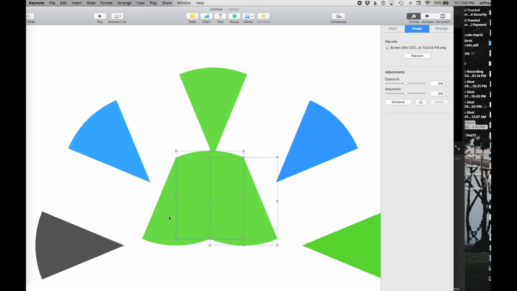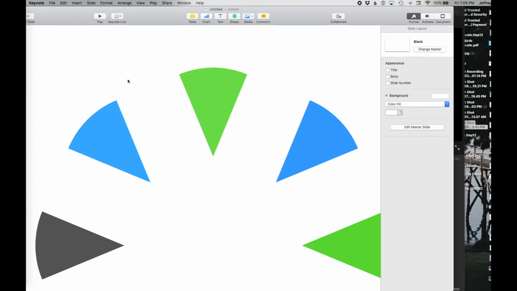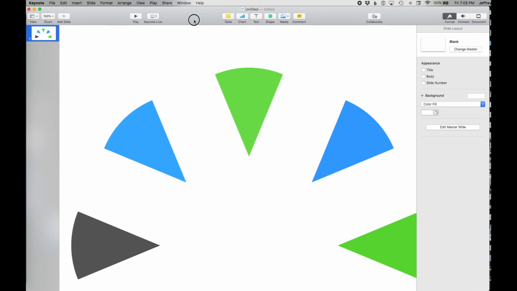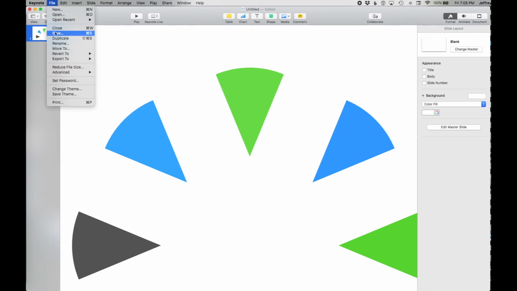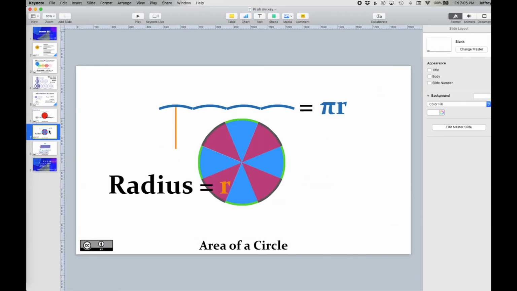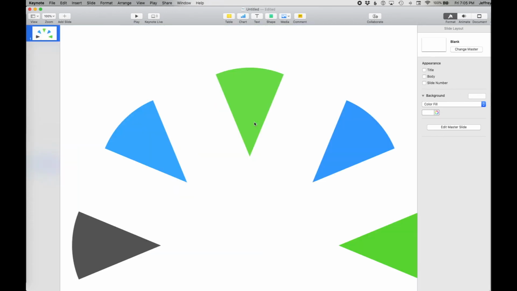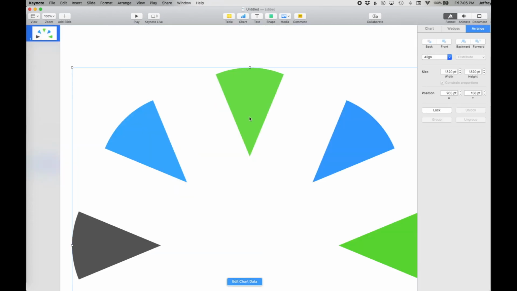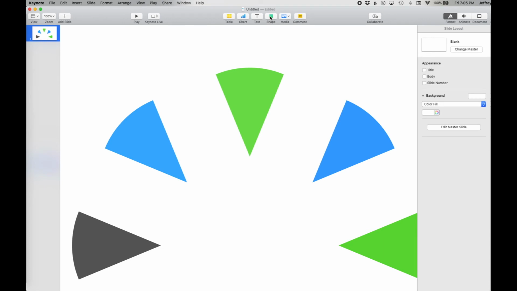The other thing you may have noticed in some of those other slides that I had made was that I had ones with an edge around them. Let me go back into that slide deck so you can see it. So on these you can see this blue wedge had this green piece here. So what did I do to get that? If I make another one of these,